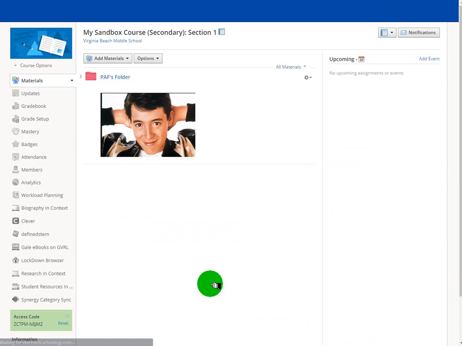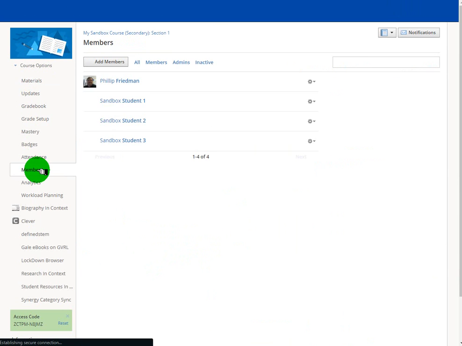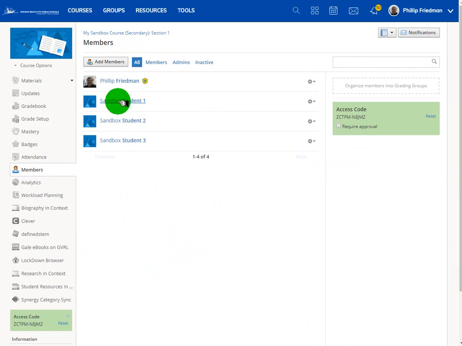Open it up, and the first thing we're going to do is we may want to add another teacher to our course. So on the left hand side, if we scroll down about halfway, it says members. We'll click on members, and up here on the top it says add members. We'll click on that,